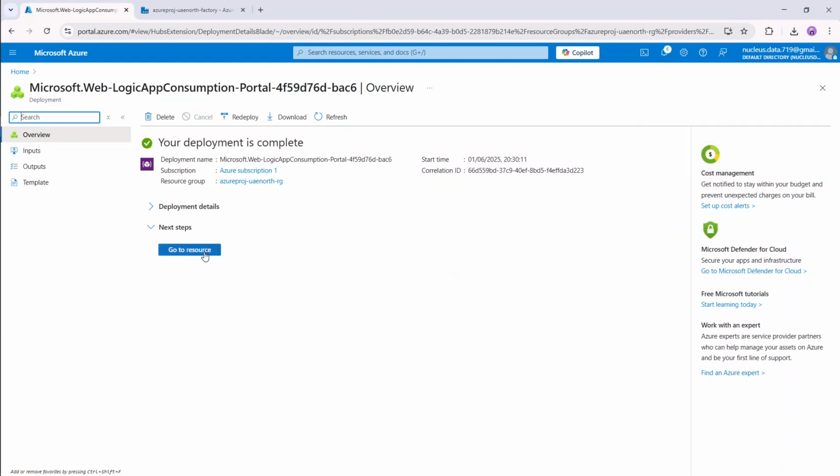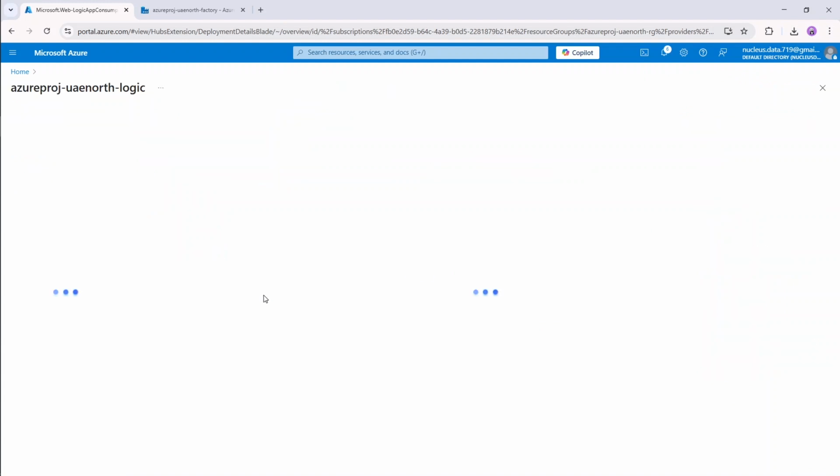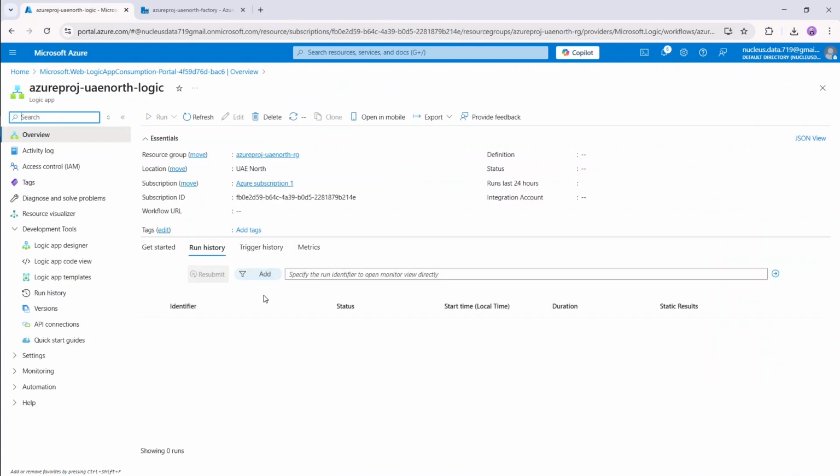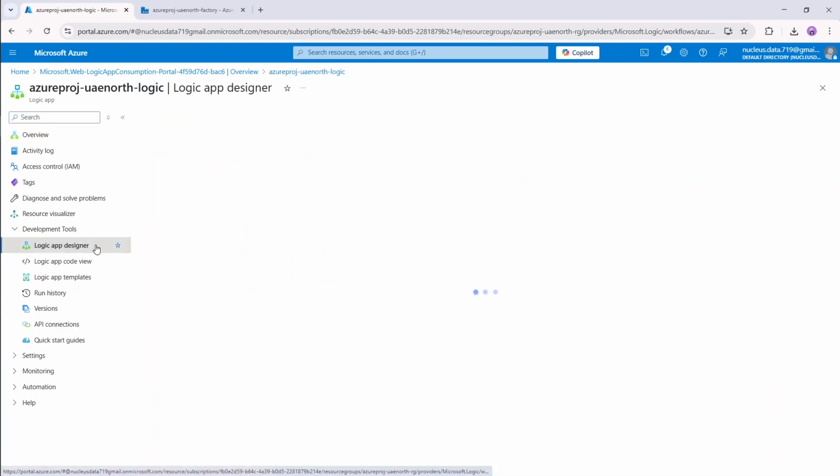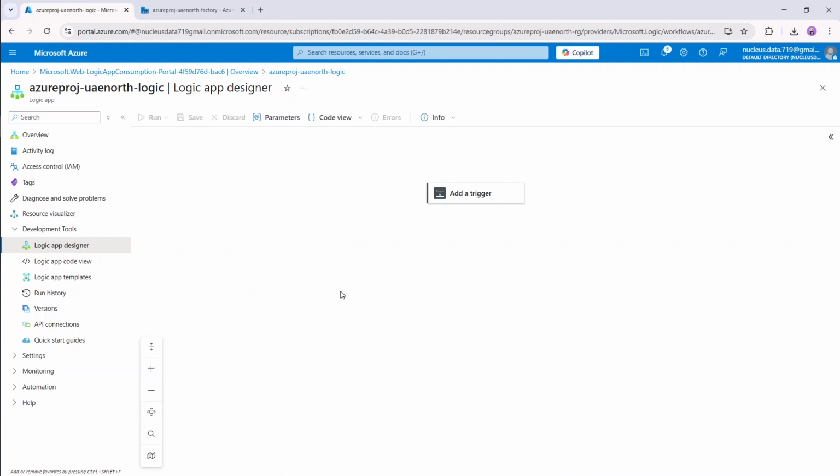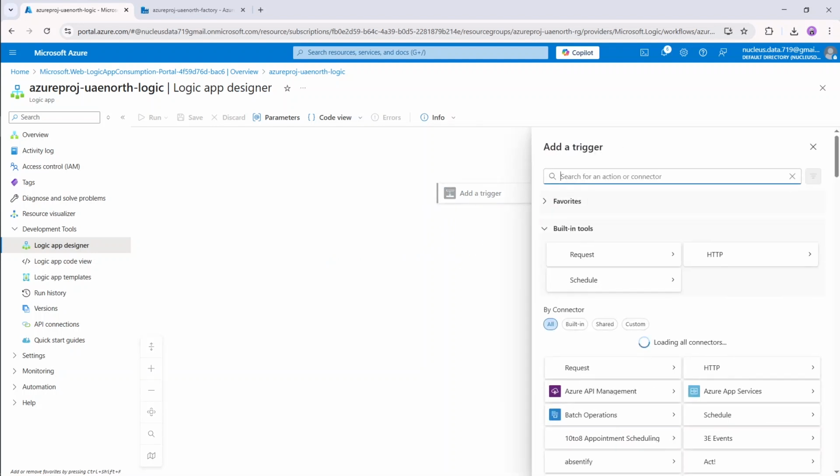Once the logic app is created, click on go to resource. In the logic app dashboard, go to logic app designer under the development tools. So click on it. Now we need two things in place. One is we need to set a trigger, and the other is we need to add an action. So for the trigger, click on add a trigger, and here